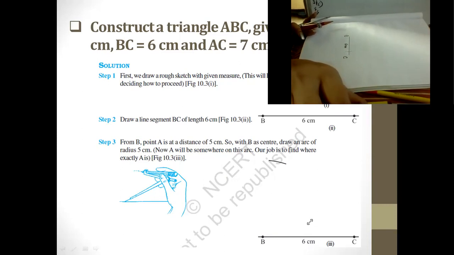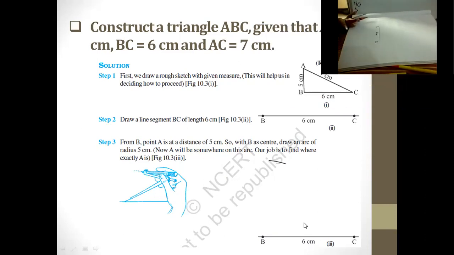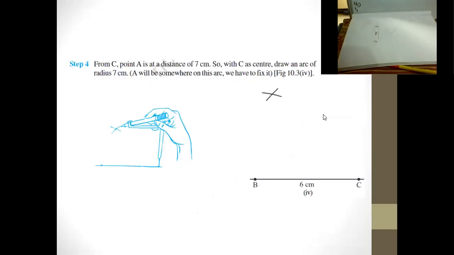Let me decrease the size. Yes. Draw an arc of 5 inch, which we already did. Point A will be somewhere on the arc on the job. Now we have constructed the arc here, but what do we have to do next? We have to identify the point which would be here. Let me also draw this the entire way. We have to find where we would be finding the point A now. This is what our next step is.